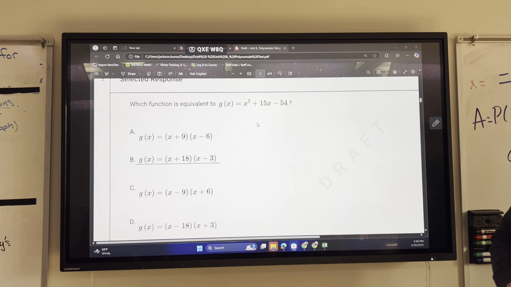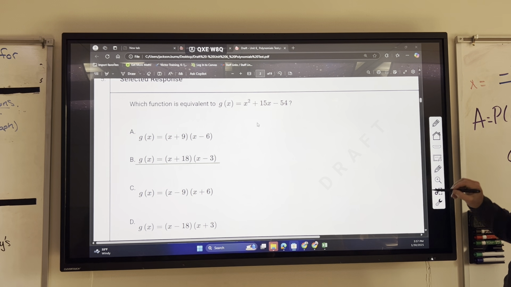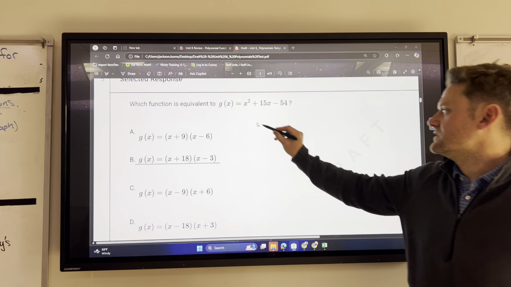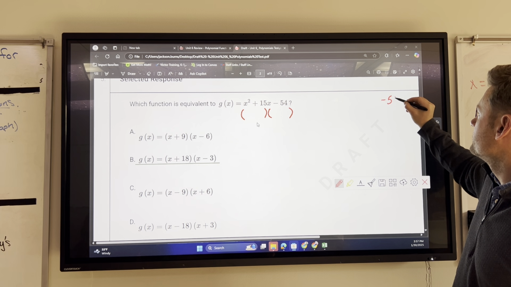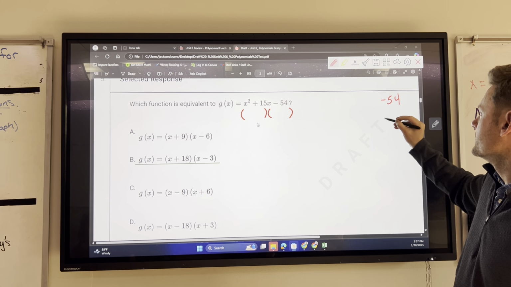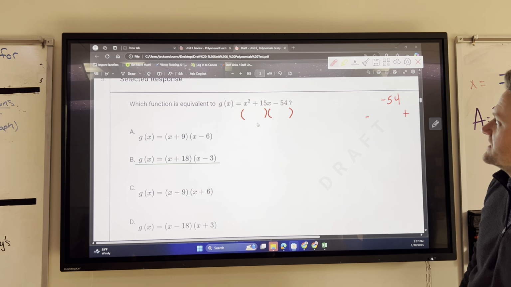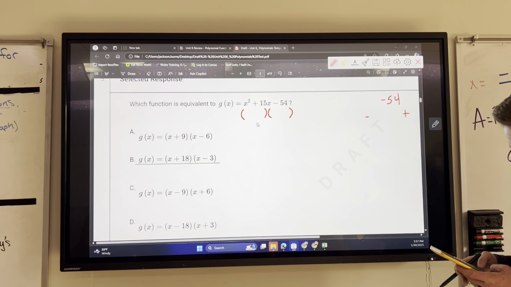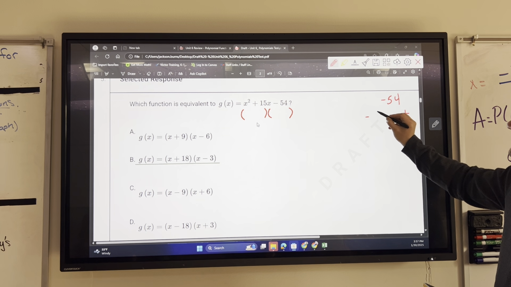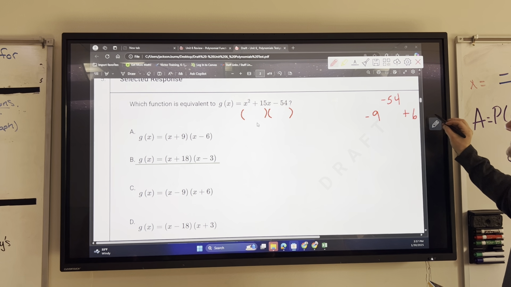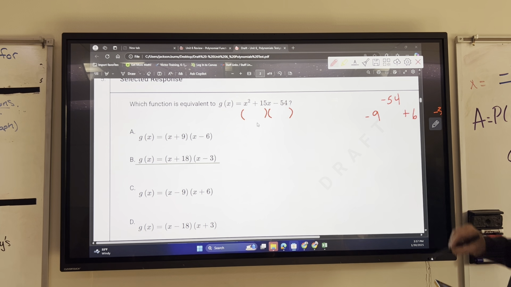Which function is equivalent to x squared plus 15x minus 54? All right, this is an easy one. All I have to do is break this down. I have to factor it, right? I'm looking at negative 54. So I know I'm gonna have a negative and a positive. I need it to add up to 15. So right away, I'm dividing 54. What's 54 divided by 9? Well, that's 9 and 6. All right, so if I did a negative 9, a positive 6,